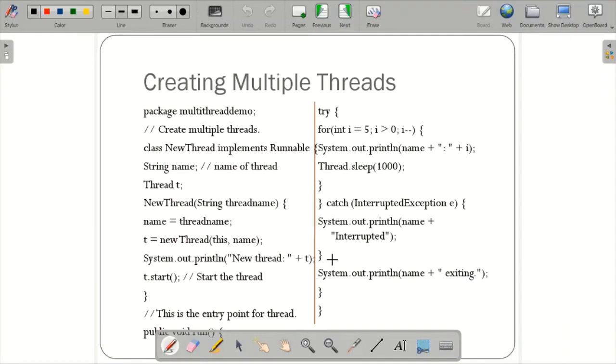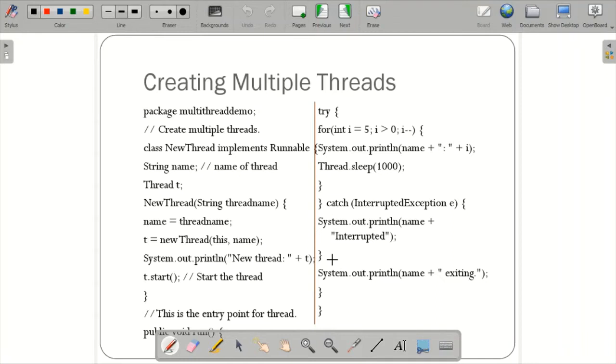So, creating multiple threads. Before this you have already seen how to create a single thread, and how to create two threads. With a single thread, till now we had seen the concept of one single main program, the main thread, in the previous session. After that, creating two threads we had seen by extending the Thread class as well as implementing the Runnable interface. So there were two ways to create two threads, but more than two threads is nothing but multiple threads. Here you can create any number of threads as you need.